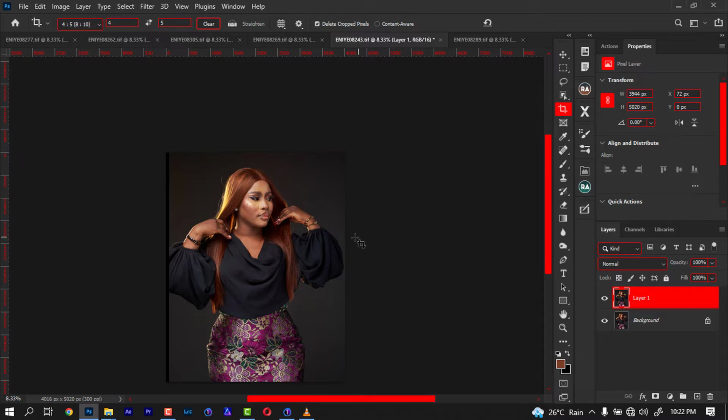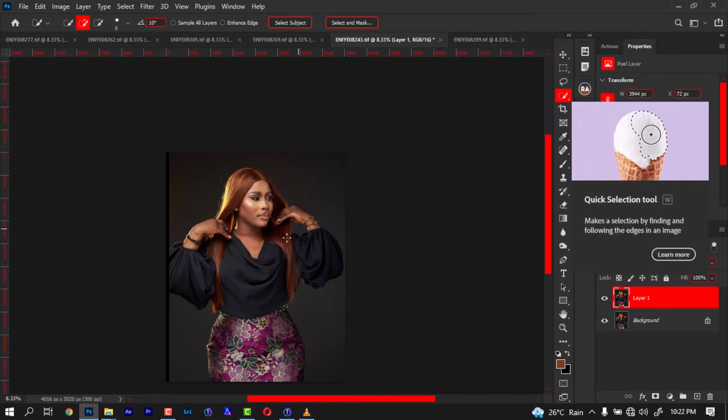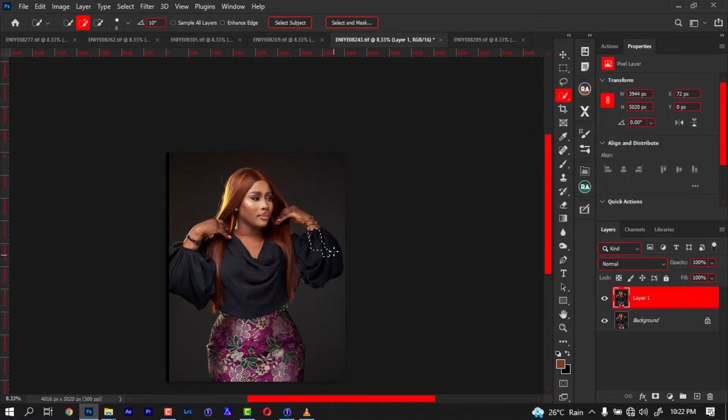So I'm going to hold down my Shift W to come up with this quick selection. I believe this is a quick selection tool. So I'm just going to select somewhere around here. The selection is fair enough